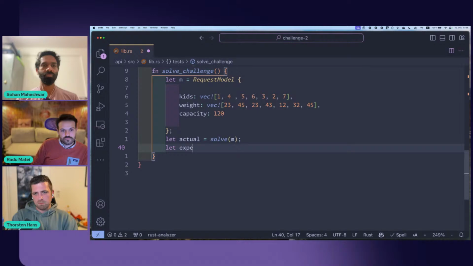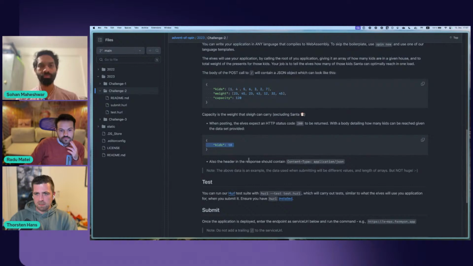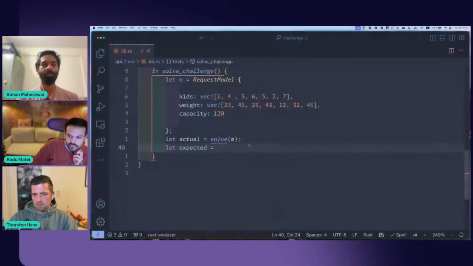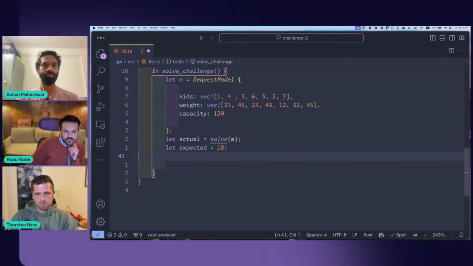Let's say expected was 18. Over here, 18 kids should be the result. So let's go back and say expected 18. Let's just say assert equal actual and expected.